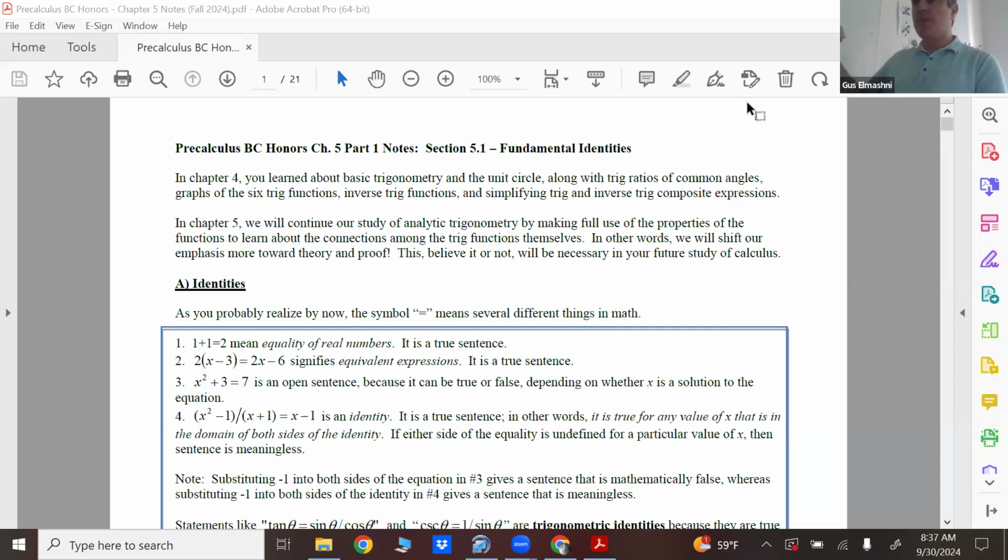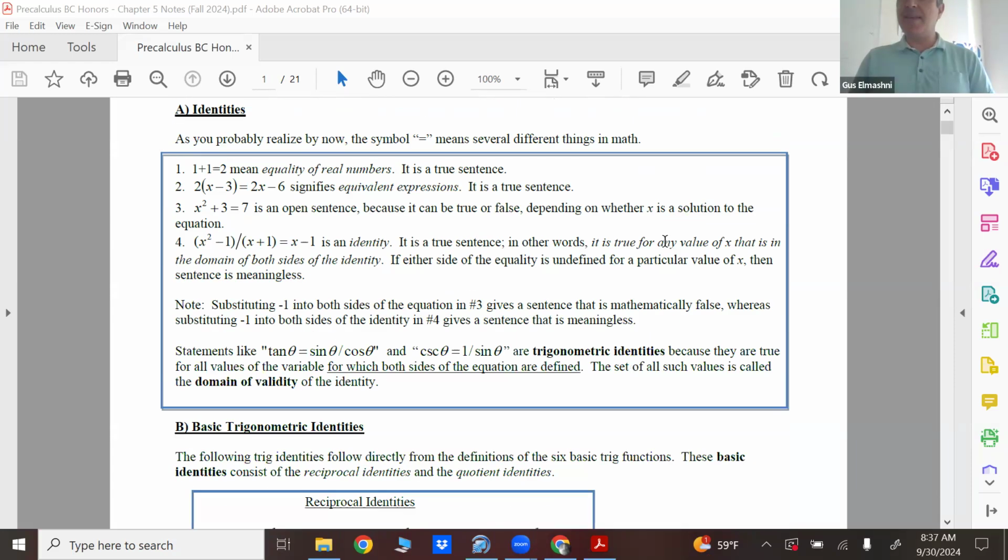Anyway, identities. So you guys did cover this in Mr. Band's class, and I actually did chat with him last week before I left for Chicago, and he said you guys did cover a good amount of identities. So this should be review. Now an identity, even though you see an equal sign, it's a little different than an equation. So really quickly,